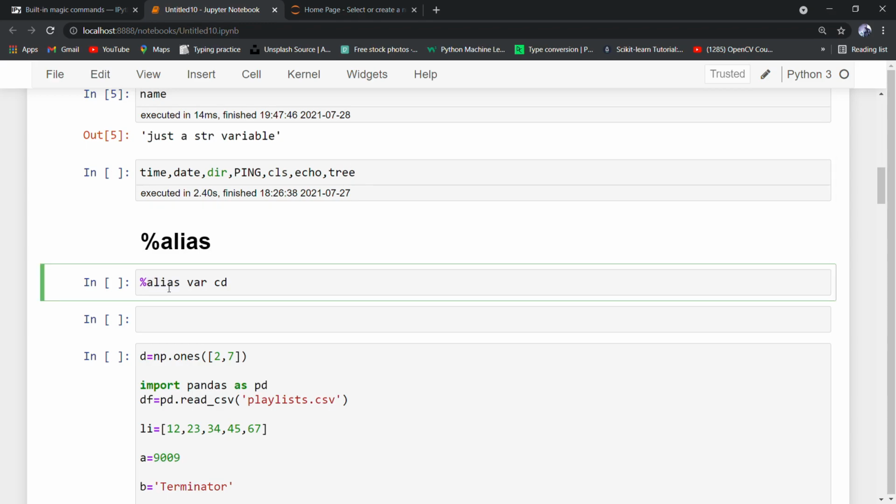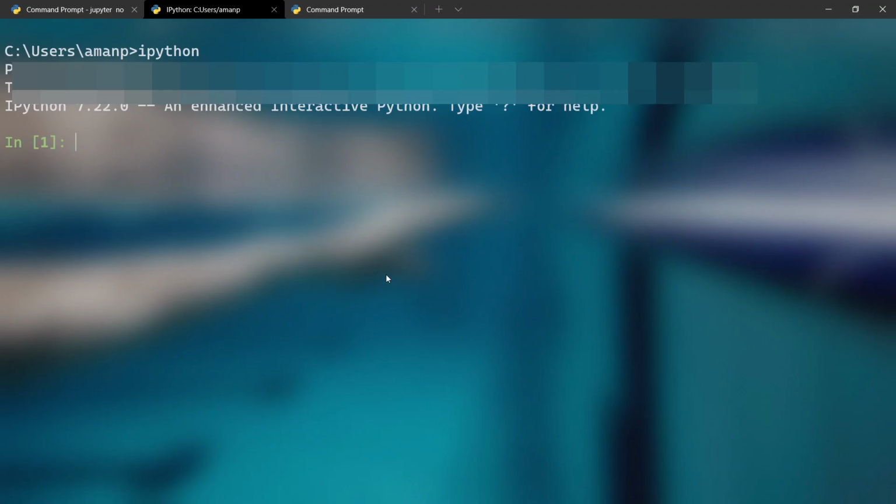So for direct use, we have to prefix the exclamation mark, and for the alias we have to create a variable name and then the system command. So let's see both ways in the IPython console. So let me first run them directly by adding the exclamation mark.